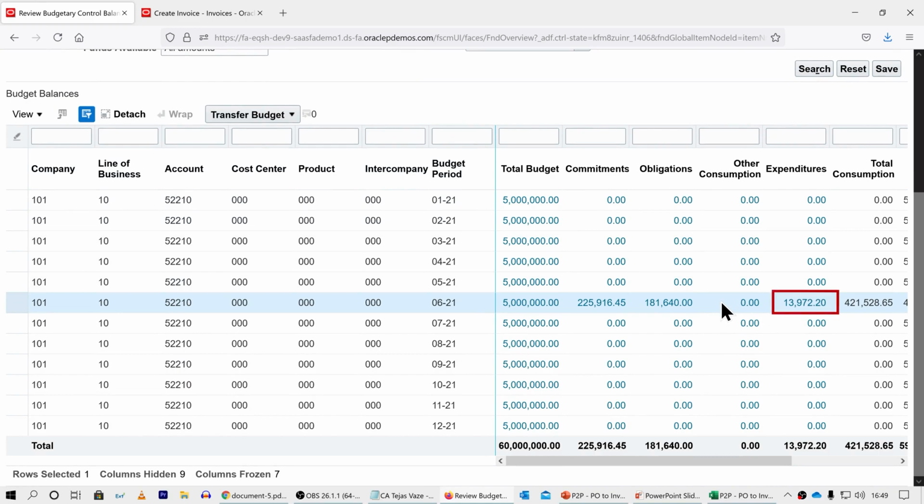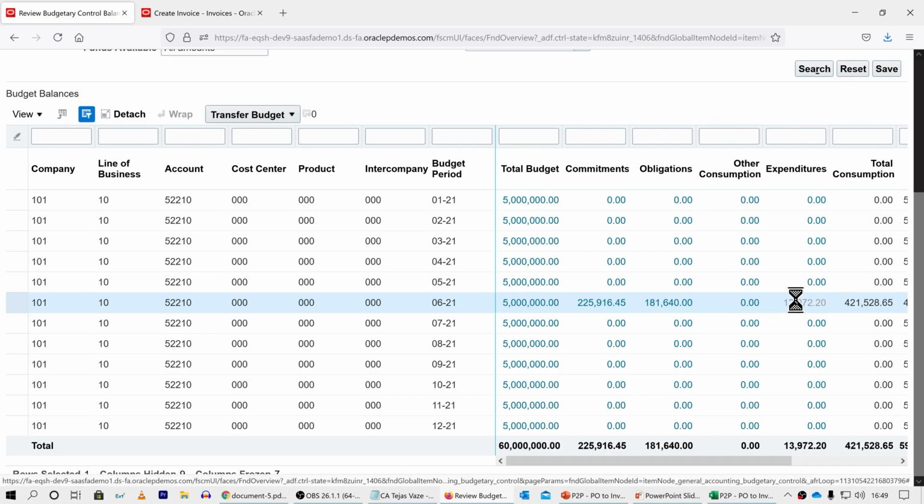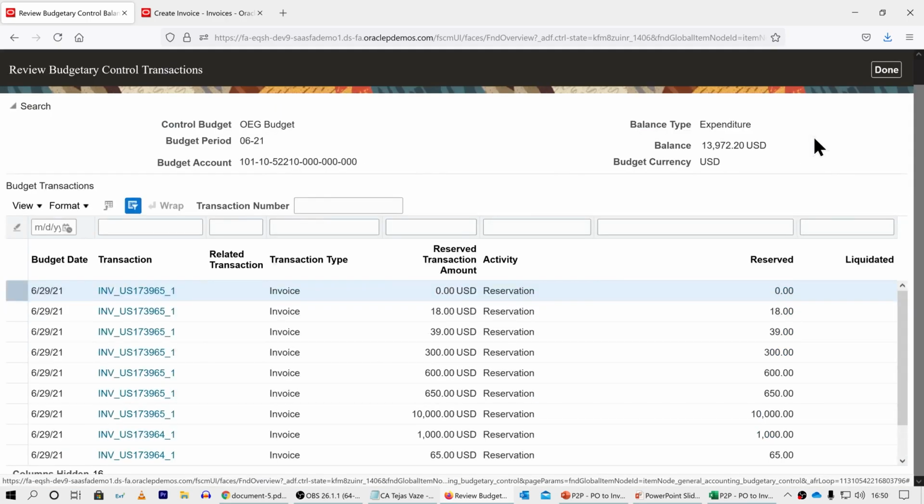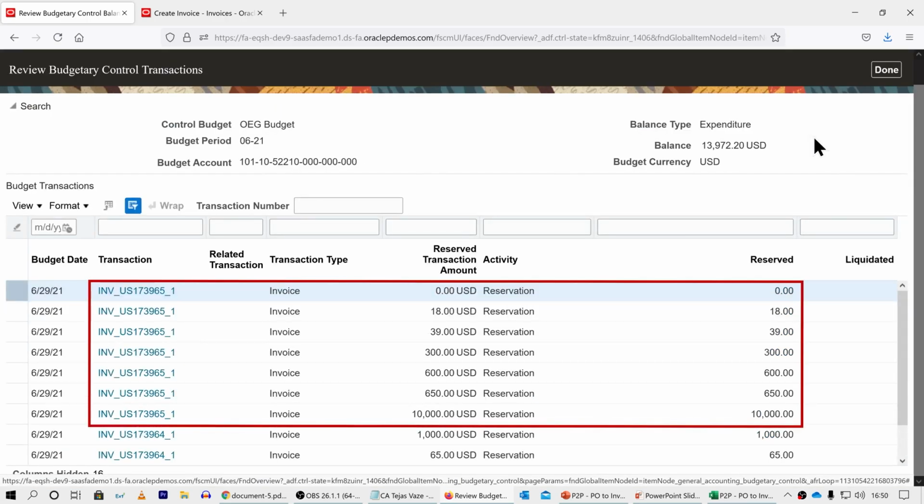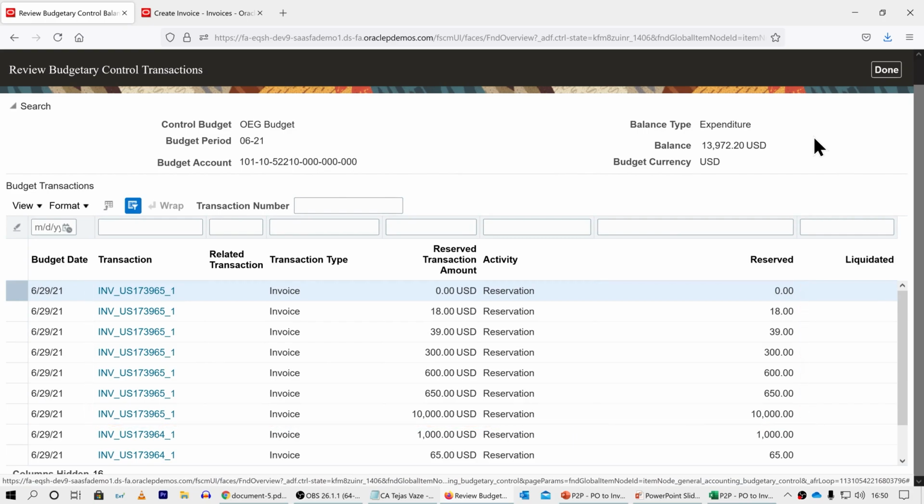and see that the budget consumption on account of expenditures has now increased. Click on the amount in the expenditures column and see that several lines of reservation have been created on account of our invoice. Click Done.